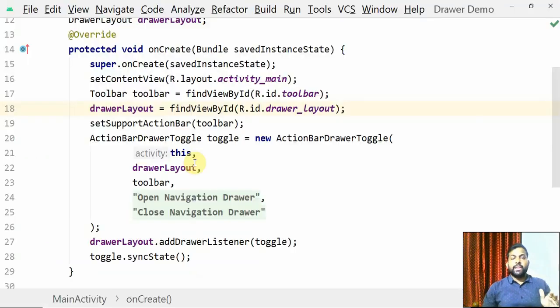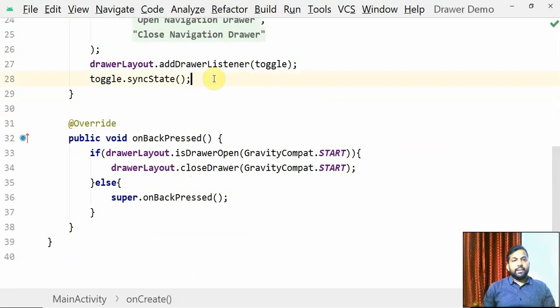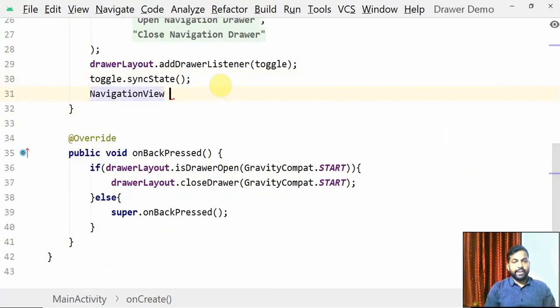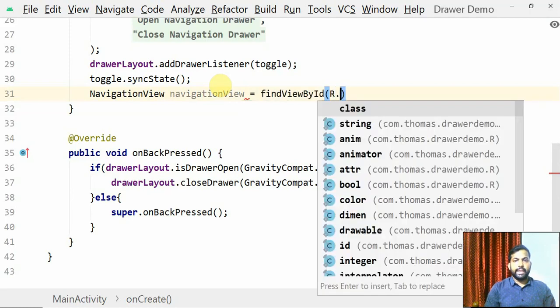The next step in this program must be to make sure that the items in that navigation view respond when you click on them. For that purpose, I cannot add the listener to the drawer layout because the drawer layout is the whole control. In that one, the navigation view is just a part. So let's create an object of the navigation view and then set the listener on it. Let me write after this toggle. I'm going to write NavigationView because that's what we dragged and dropped. Let me just name it navigationView is equal to findViewById